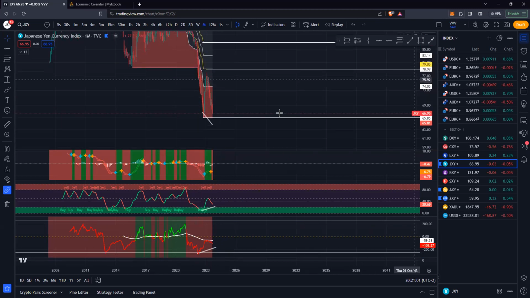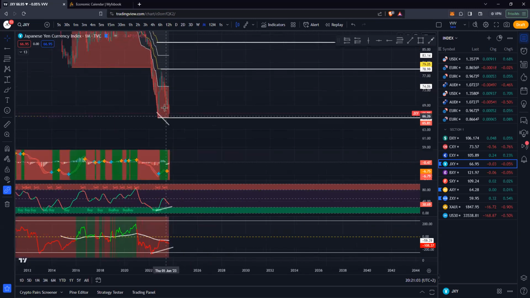Okay, I would definitely like to see it break the low, kind of like this, and then a divergence move, which would mean that in the coming months, the Japanese yen should increase the interest rates,